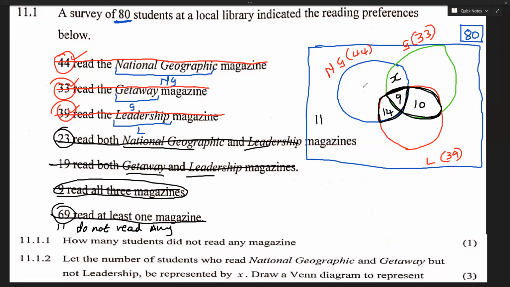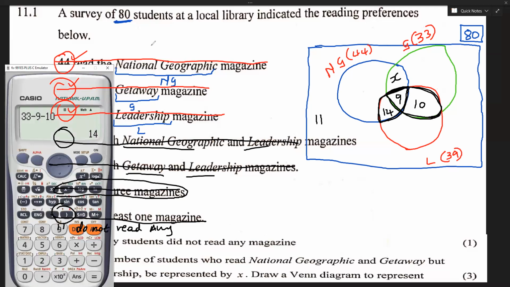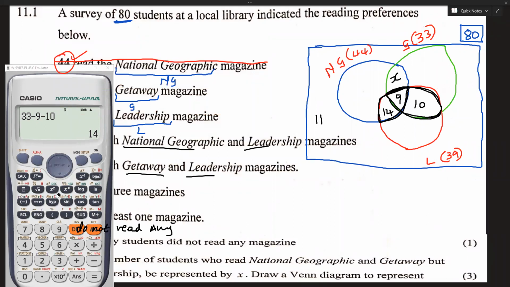Now I'm going to fill in this remaining part. To fill in this outside part is simple. You take your calculator. Okay, I'll just erase this portion here so that I can be able to see. So you take your calculator and then